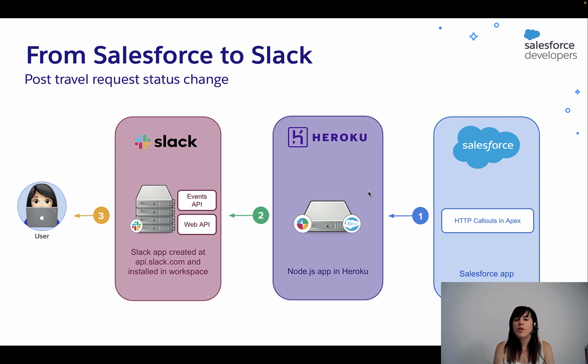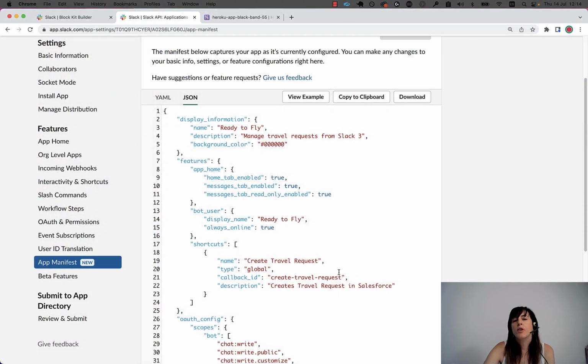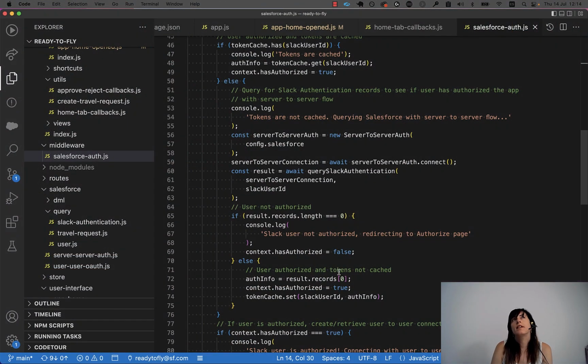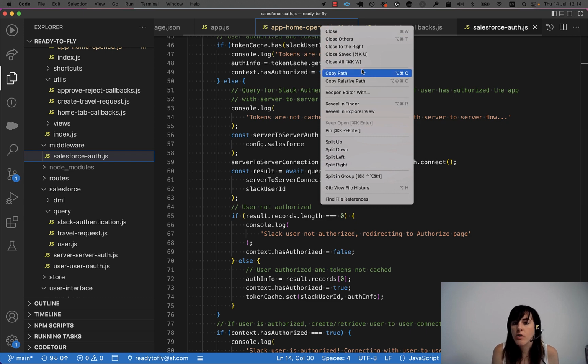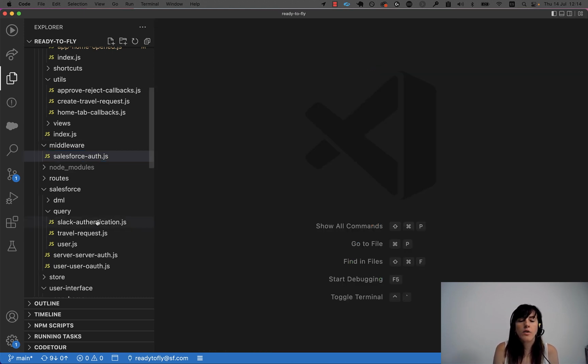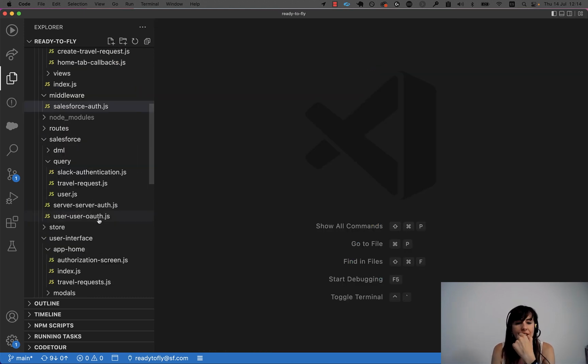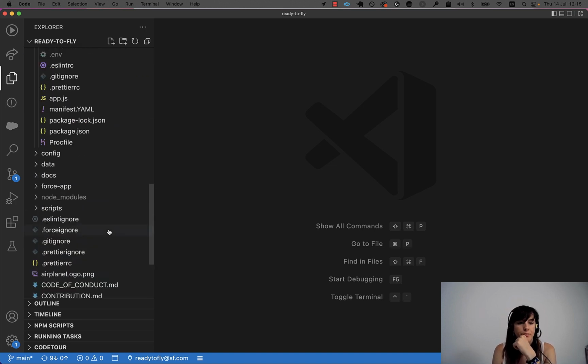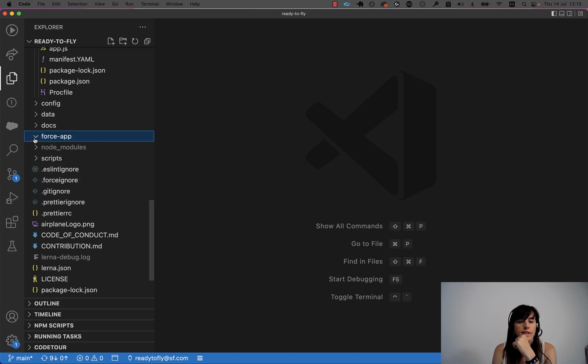As I told you, there is a mechanism to do this directly, but you are going to understand in a second why we did it this way. It's because we wanted to include some security mechanisms in that code. So I'm going to close all these tabs, and we're going to take a look at the Salesforce code. The Salesforce code, as I told you, is in the force-app